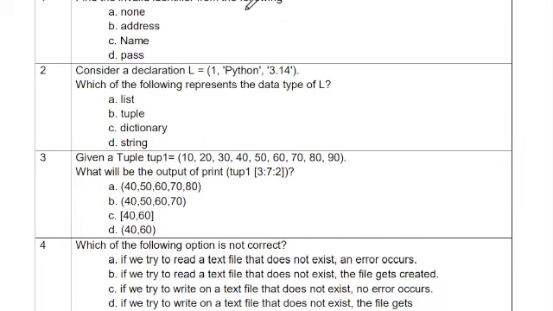Find the invalid identifier from the following. Which one of the following is the invalid identifier? They have given four options: known, address, name, and pass.